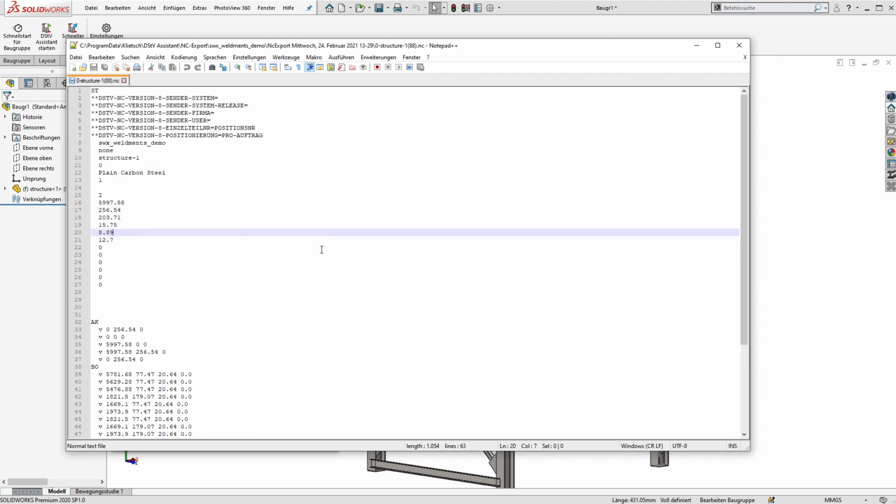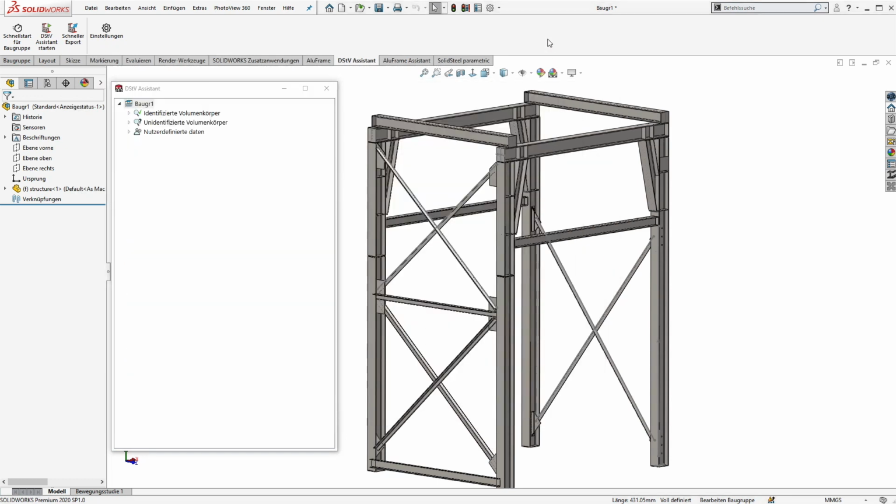Alright, that's it. The DSTV Assistant for SolidWorks is super easy to use and can not only export the SolidWorks developments, it's also usable for any imported geometry like STEP, SAT, IGES or others, and of course also usable for the SolidWorks structure system, and of course usable for